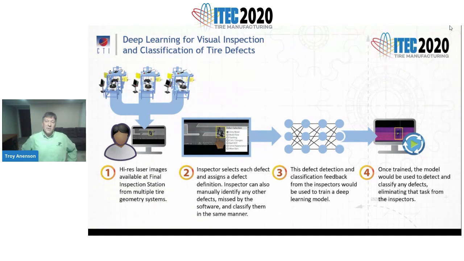So this feedback from the tire inspector by classifying each defect serves two purposes. One, obviously, it's going to help improve the quality control in your manufacturing process. But two, this feedback can be used to train a deep learning model. And a deep learning model would learn to detect and classify these visual defects with high precision, becoming adept at the first purpose, flagging tires for rejection or repair and removing that task from the inspector. And on the next slide,